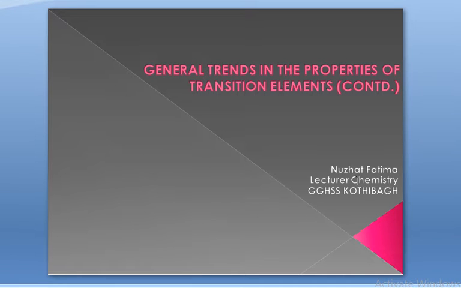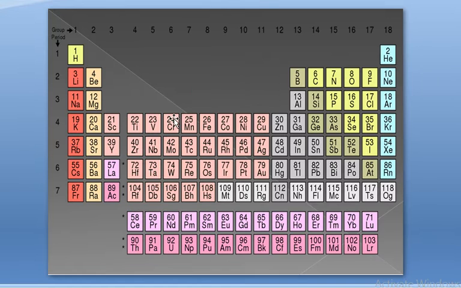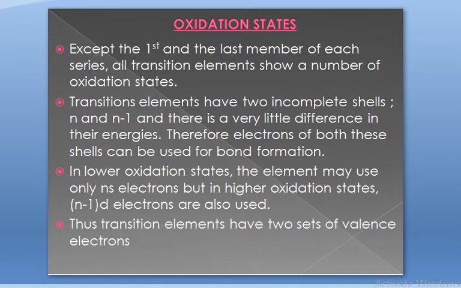So we continue with d block elements, and we are presently studying their properties, and we're learning the trends, how these properties change along a series or down the group. Before we take a look at today's property, one more look at the periodic table. This is the portion we are studying, from group 3 to group 12. These are our transition elements.